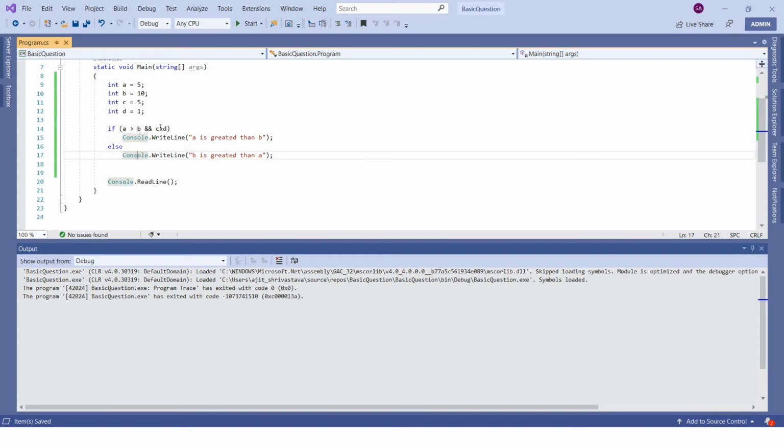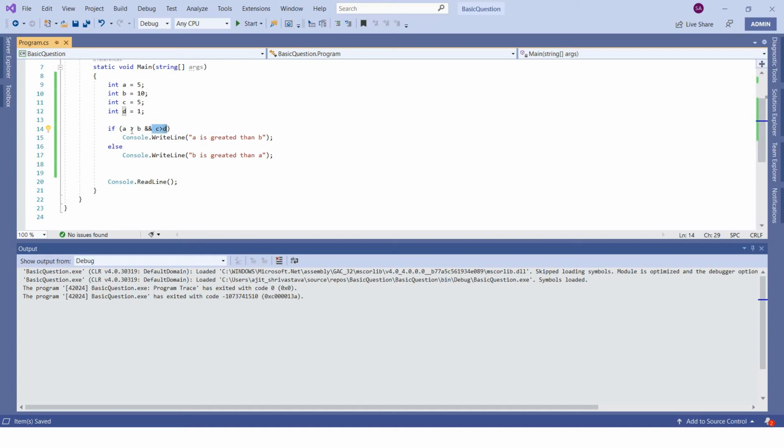One thing that you should remember is, if the first condition fails, meaning it comes as false, the AND operator will never look for the second condition.